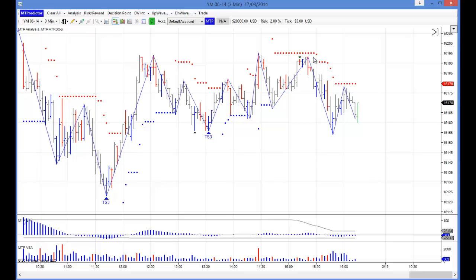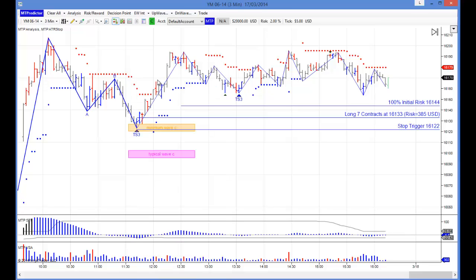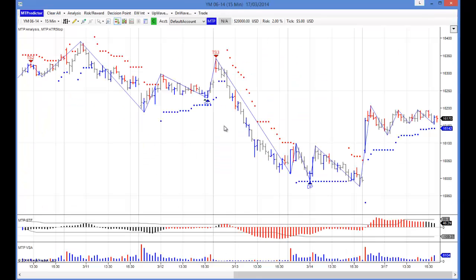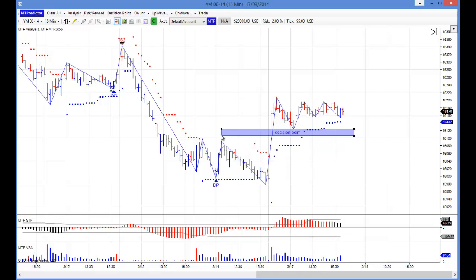Remember, we are not taking sell signals like this little history triangle here, we're only taking buy setups. So if we look at our buy setup here, there it is on the long side there. Exactly the same if I go to the 15-minute chart. I'll just place that DP on there as I did earlier to see where the larger degree trend resistance area is, and as you can see